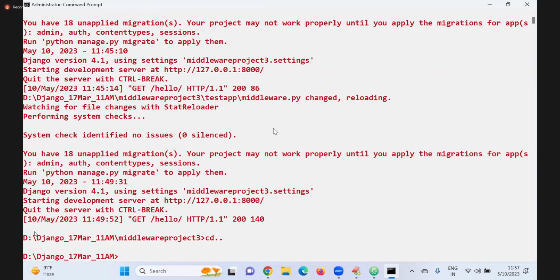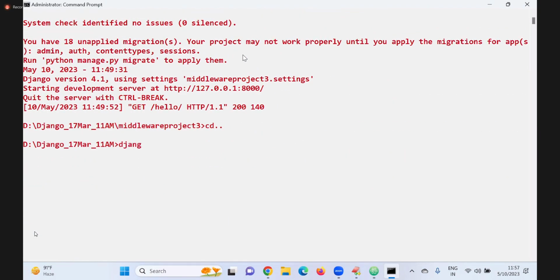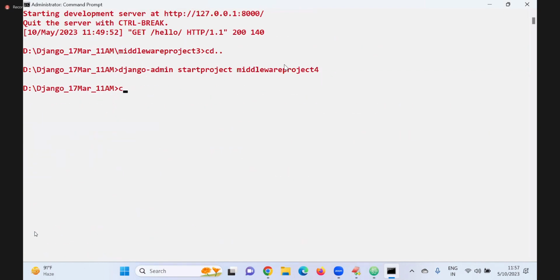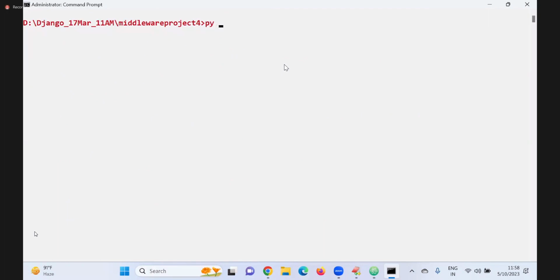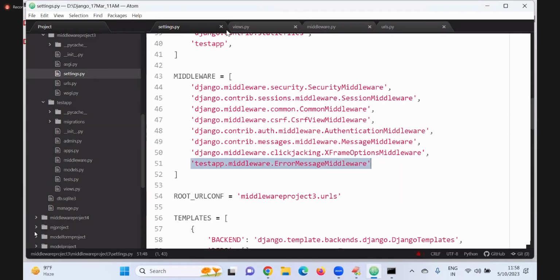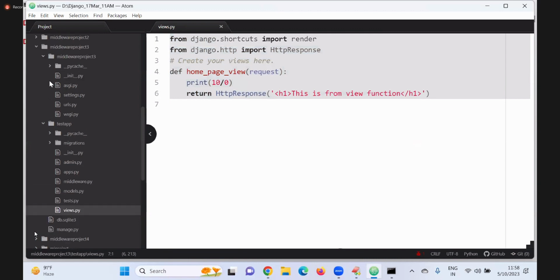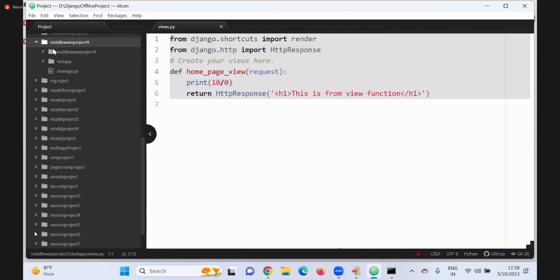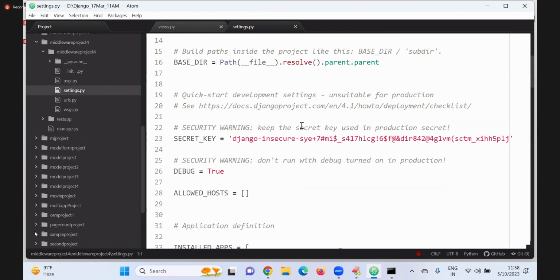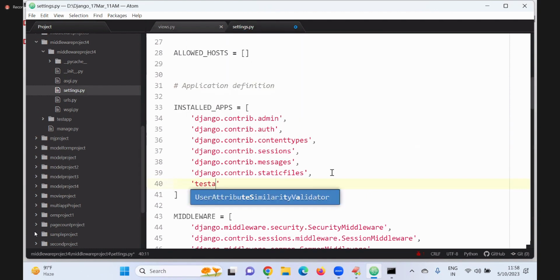In the middleware, the last one: django-admin startproject middlewareproject4. cd middlewareproject4. Now python manage.py startapp testapp. Come here, close this. Open the middlewareproject4 settings. Here, in installed apps, add testapp.